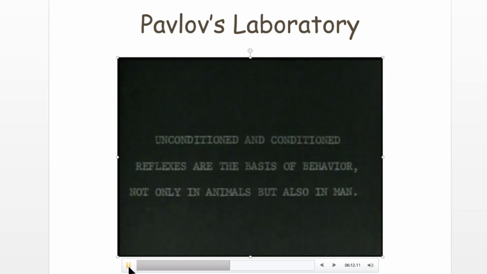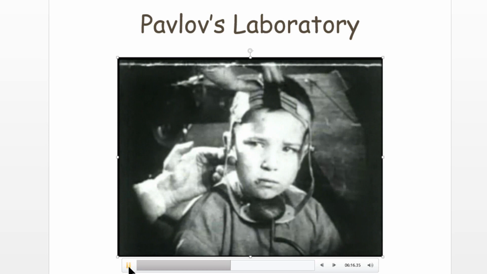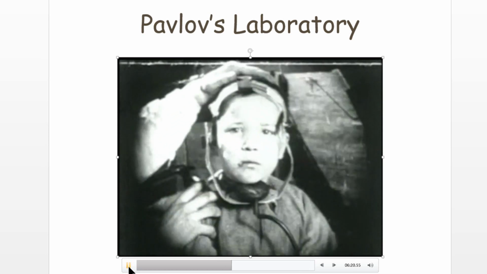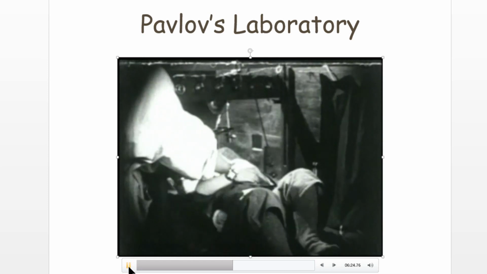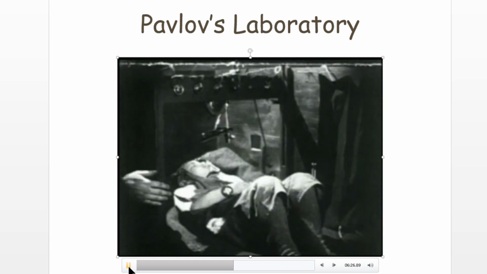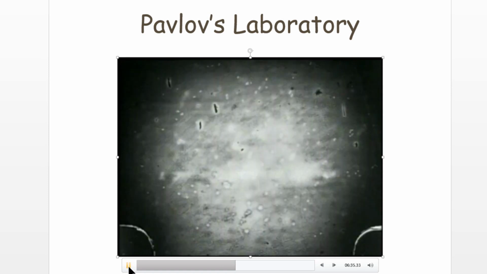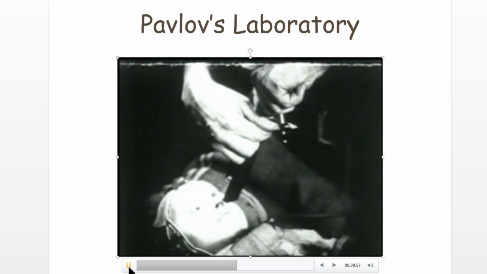Now in this case, they're going to switch over to the use of a human. In this particular case, a little boy. They're putting this headgear on him because they're going to measure jaw opening responses of the child as they associate stimulation on his wrist with the availability of a cookie that will be shot in his mouth. So that's a cookie chute.